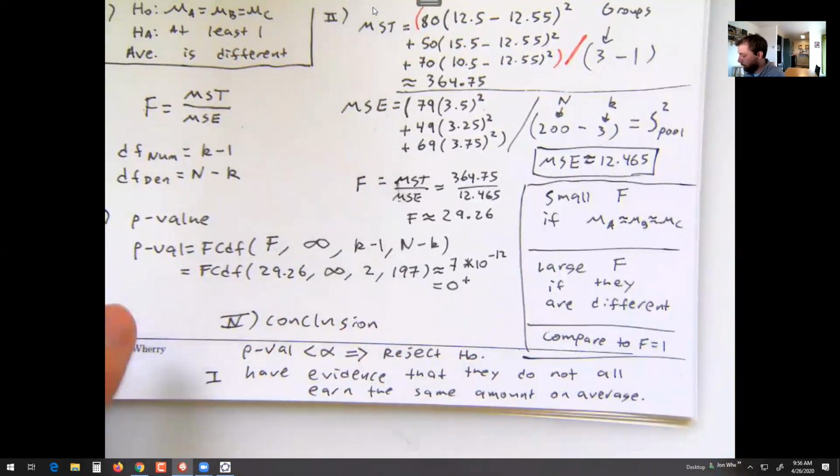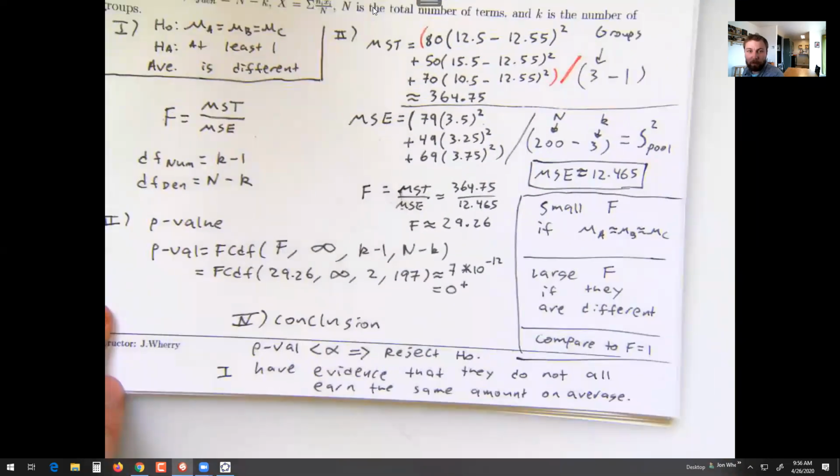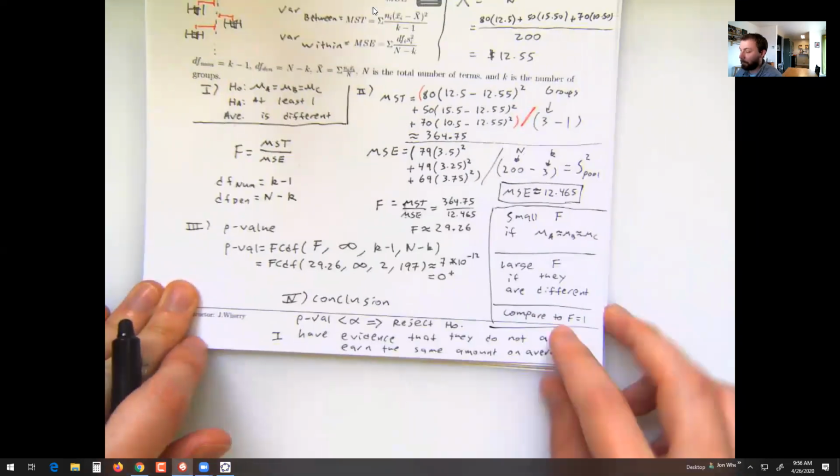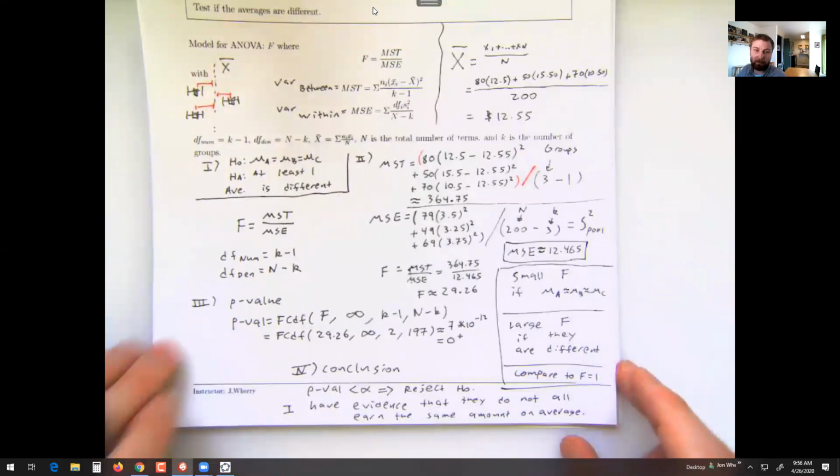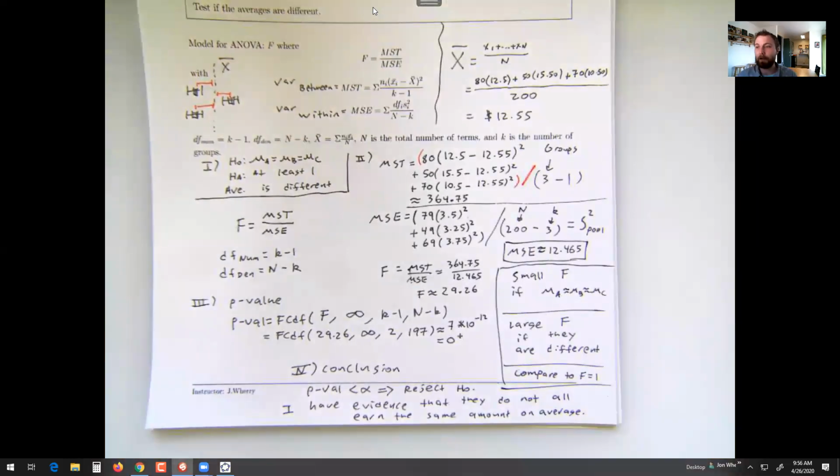So if I was wondering, okay, then, which person got the most for tips or the least for tips, or where are things different? Well, that's where I have to go back and start to compare these things one at a time and compare Amelia and Barbara to see if there's a statistical difference between those two people. I'd have to compare Amelia and Cynthia, and I would have to compare Barbara and Cynthia. That's a lot of follow-up tests that I was hoping to avoid, but unfortunately in this problem I rejected the null hypothesis, and that tells me that there is something going on, so I would want to investigate what that